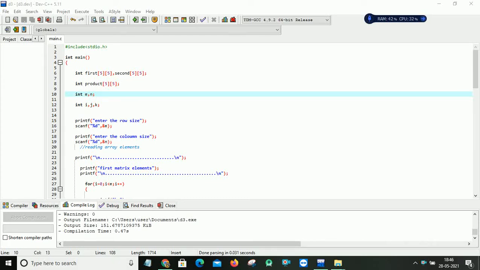Hi everyone, in this video I am going to explain how to perform matrix multiplication. Before I explain the program, let's see how we generally perform matrix multiplication. We take two arrays, so two matrices,